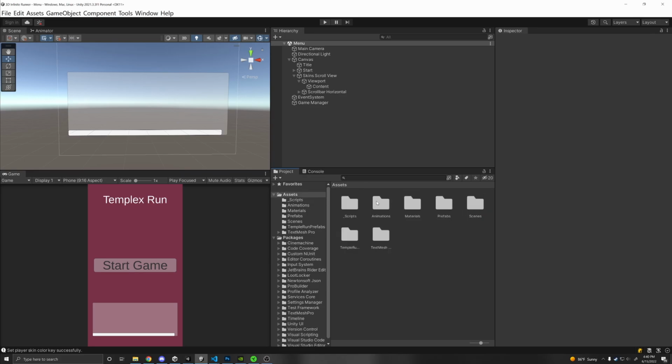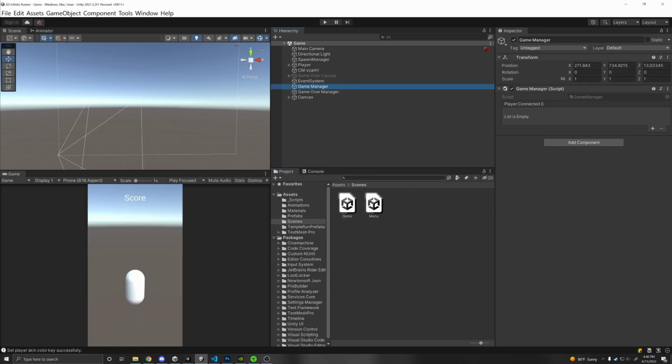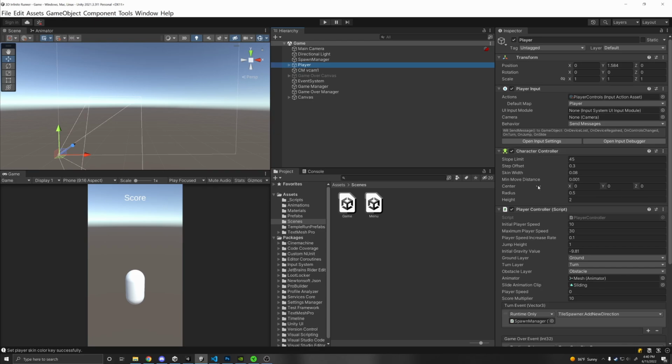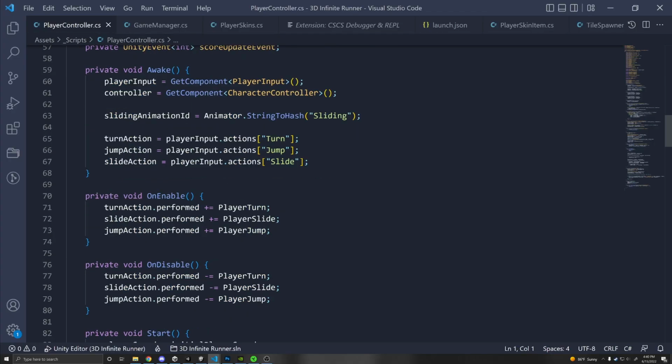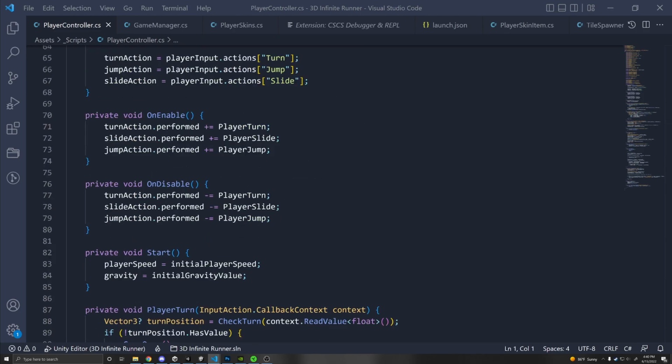So if we go into our other scene, our game scene, we can actually make the game manager disabled since we are now connecting the 8Locker instance in the menu and we don't need to do it in this scene. Then let's just do this in the player controller. So if we right click and edit the player controller, now you'll see the issue with this. If we do it here, it takes a little bit of time for it to fetch that key value pair